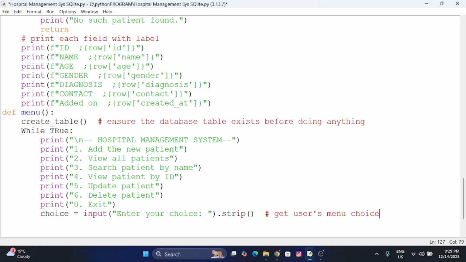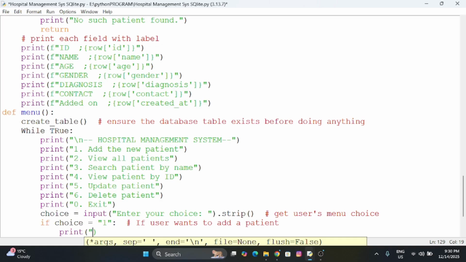And the next thing I'm going to do here: if choice equal 1, which means if the user wants to add a patient, then print a new line, "Add new patient". Okay,